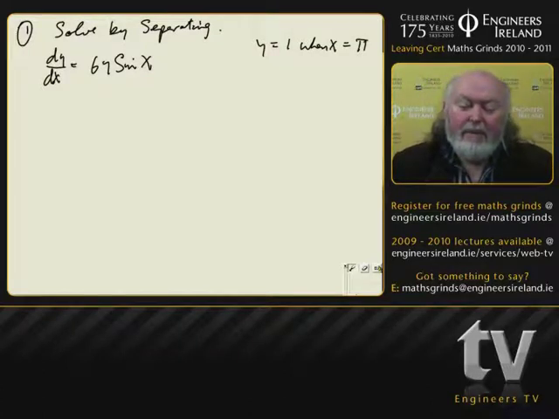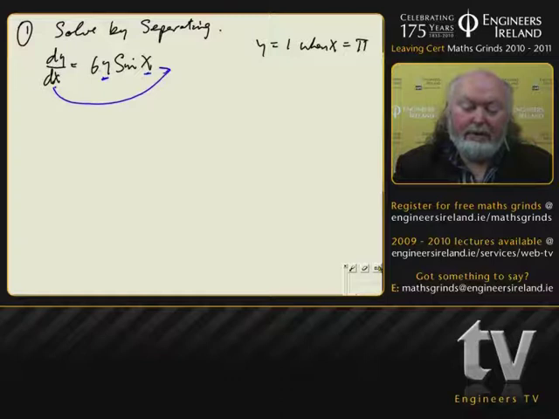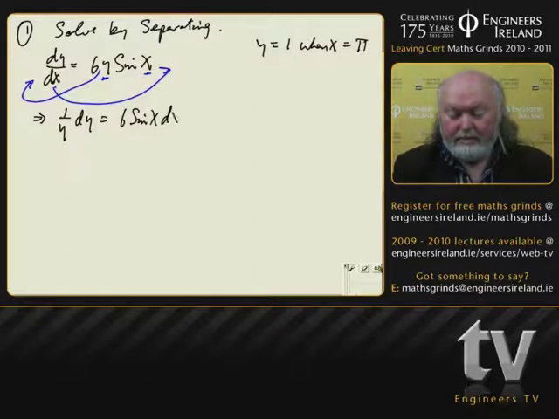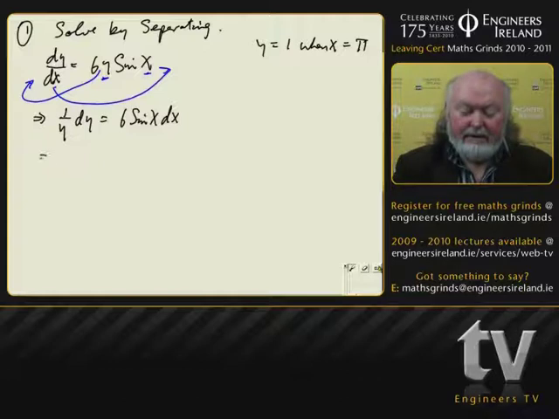Now then, we can see that there is a y here. We have our x's over this side, so we would like to bring that over here, and we'd like to bring that over here, and that's very easily done. And if we integrate both sides, we can say that implies